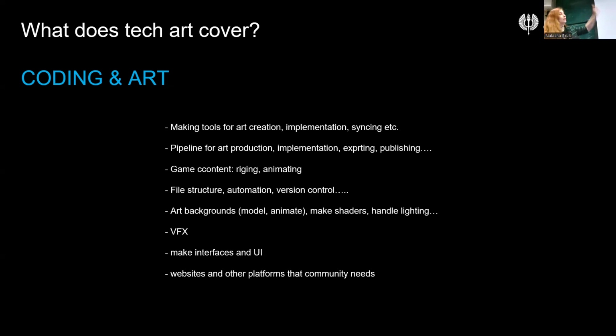So all of this belongs under tech art, but there are so many overlapping things, which you will see also soon, that they can, why not? Especially in smaller teams, usually the one who handles all of this also handles something else, like animation, rigging, or multiple other things. But this pipeline of production is also where the filing system structure, any kind of automation, and most importantly, version control come in.